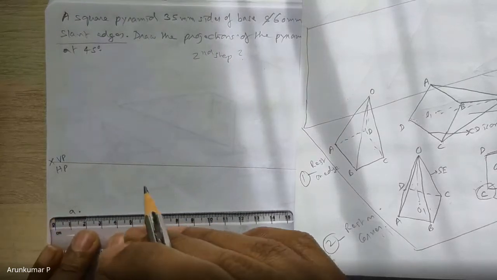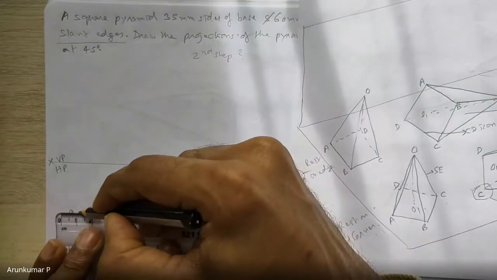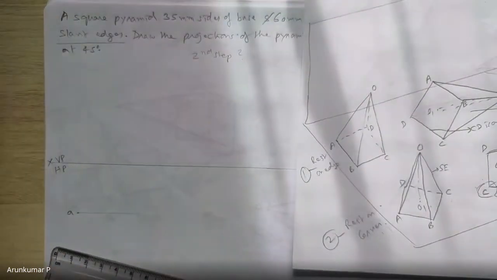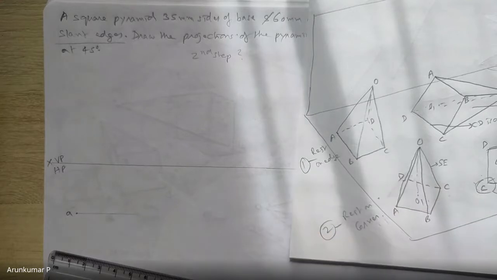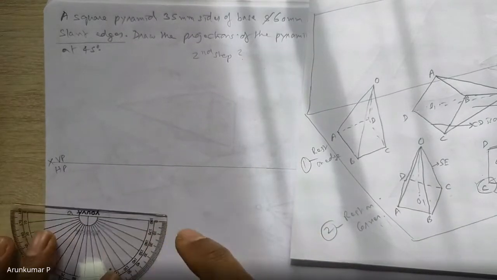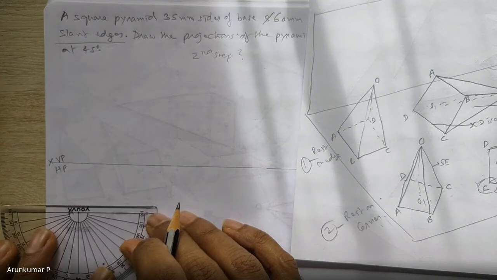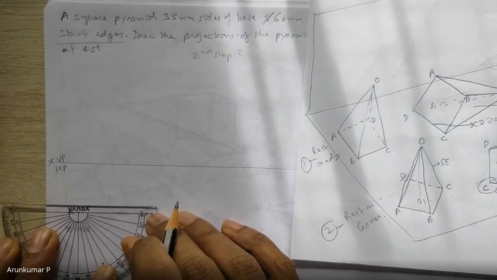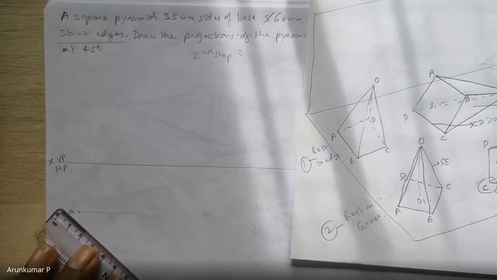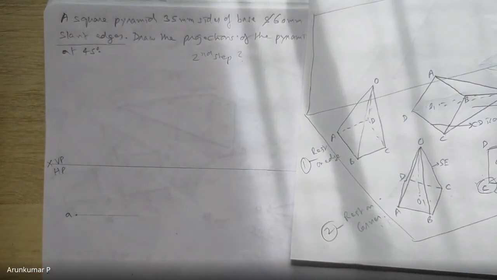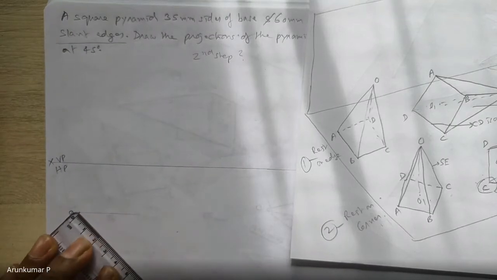And then I will draw a horizontal line for my reference. Now, why I'm doing all this is because I have to draw the 35 mm edges at an angle of 45 degrees, because resting on corner is a different case. Resting on edge is straightforward: you can draw the horizontal line and start. But for resting on corner, this is how I generally start. So 45 degrees. Now I will locate a 35 mm line from the corner A at 45 degrees.